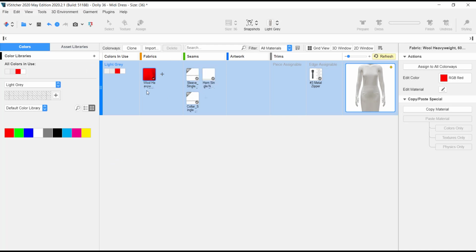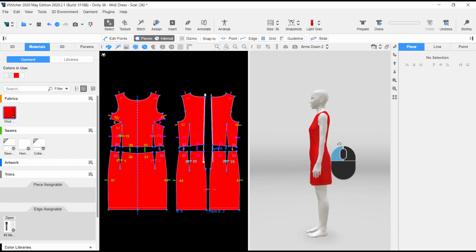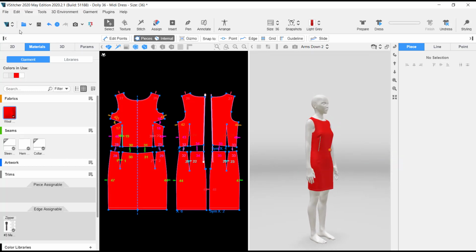So instead of actually deleting this and not having to come back to it, I can have other subcolors. We'll come back to this in a later video, but then you can toggle back and go back to home. So you can see that the clothes now have a red color. So the next one is the open, where you can see all the files that you have opened with the